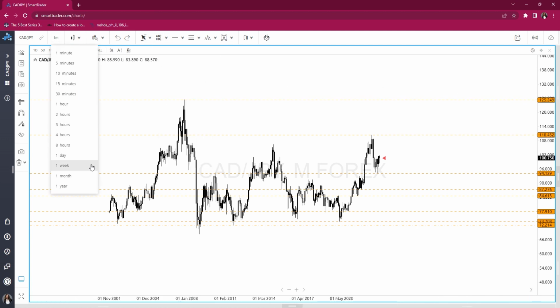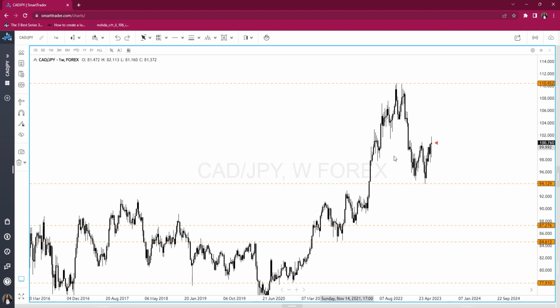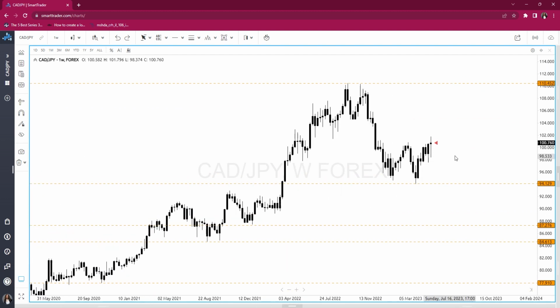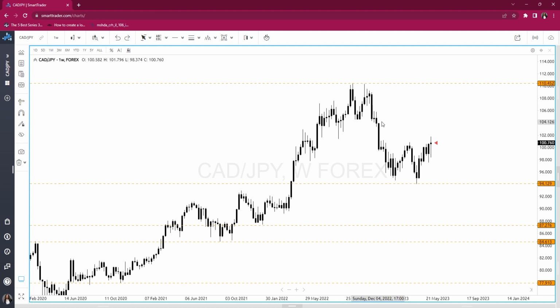I'm going to go down to the weekly, since I've already done the monthly, and I'm going to do the same thing again. Now, looking at the weekly, I don't have any immediate levels in between here, but I do